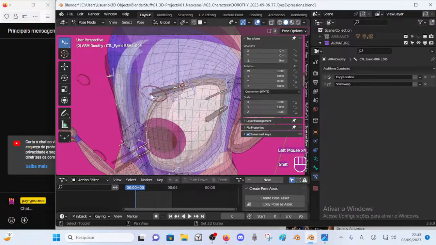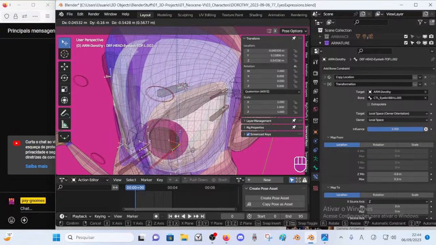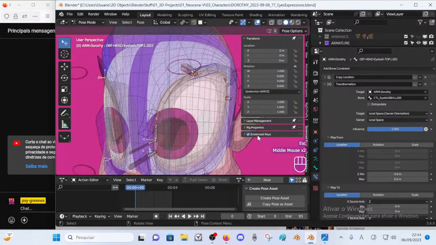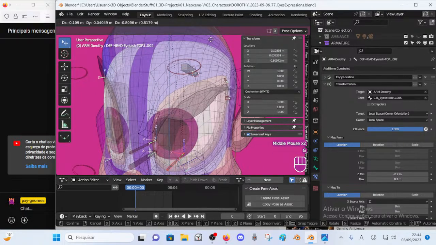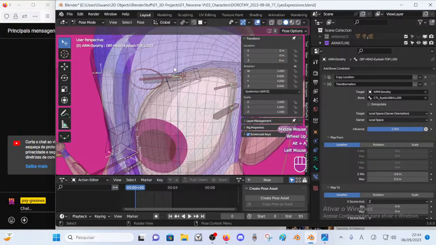No, this seems to have been mapped properly. Like it was 0.3 and then negative 0.9. Yeah, so this shouldn't have been the problem.